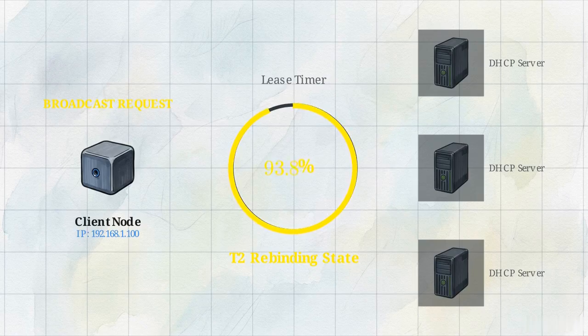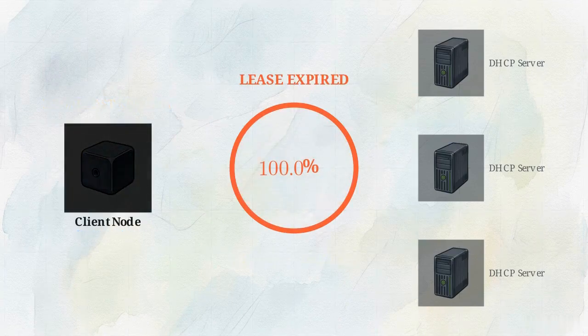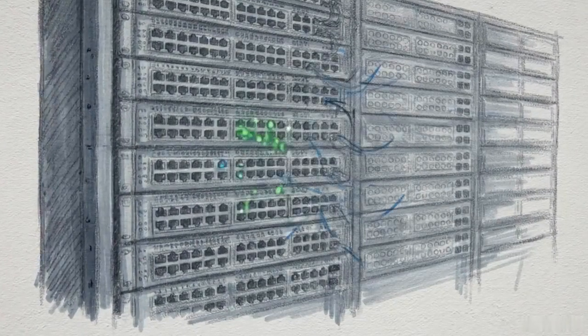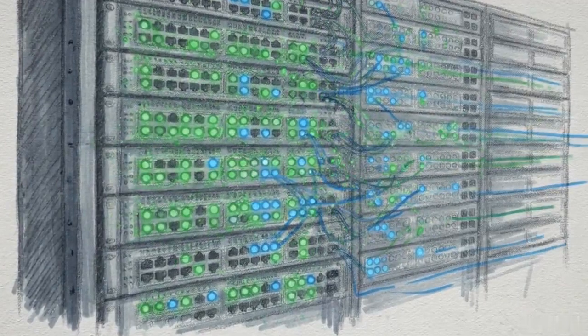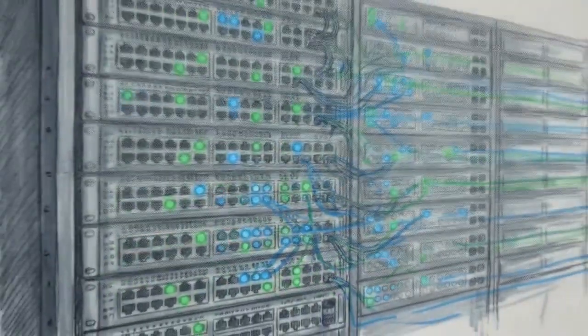server extend the lease. If the timer reaches 100% without a network response, the client's operating system instantly strips the IP address from its interface, terminating all TCP/IP communication. Facing total expiration, the disconnected client returns to the beginning and restarts the entire DORA broadcast process. These precise timers ensure the network remains self-cleaning. The system reclaims address space from inactive nodes, preventing any single device from permanently hoarding vital resources.